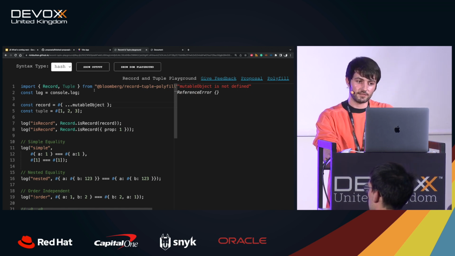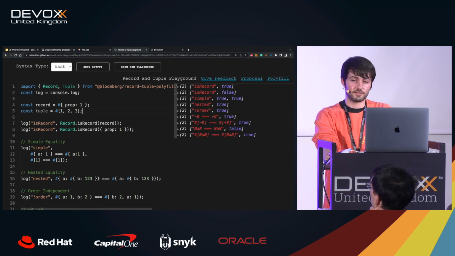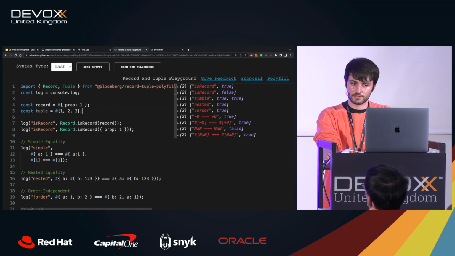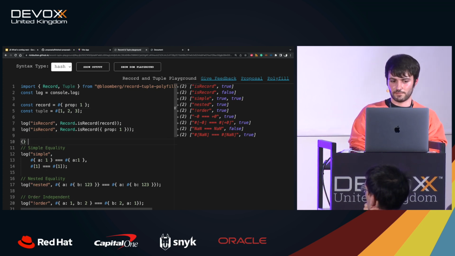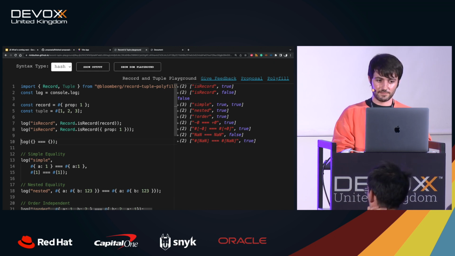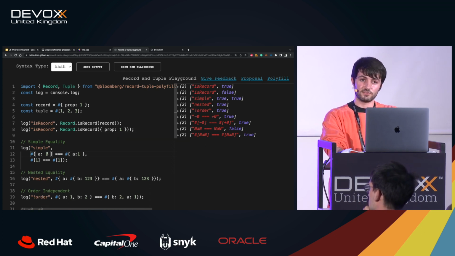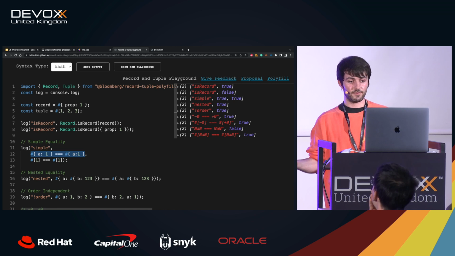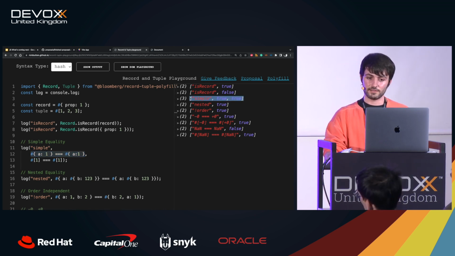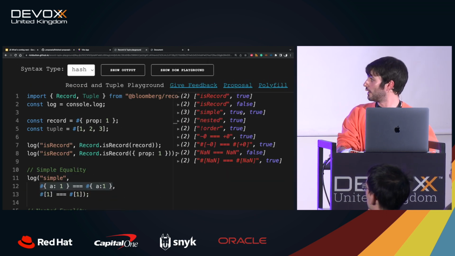Then it comes with some other benefits. For example, in terms of equality, as of today in JavaScript, equality of arrays and equality of objects are based on the reference. So if you do something like this, it will return false, right? Because it's not the same instance of the object. With records and tuples, it will be different. Finally, they are based on the content itself. So you can see here how I have defined two different records, but with the same properties and the same values. And then you can see how this equality returns, just in case you cannot see it, true.